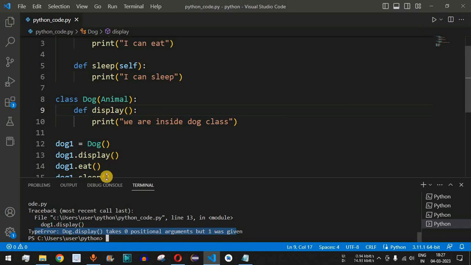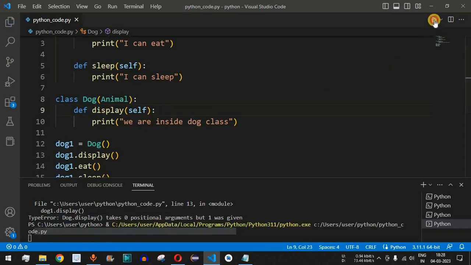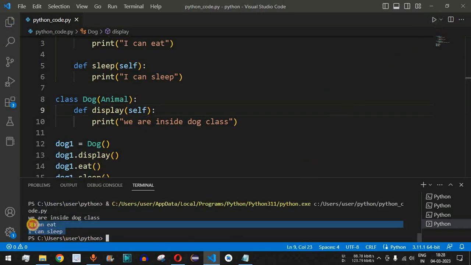So basically behind the scenes this dog1 object is being passed and we need to have a parameter over here while defining the function, and that is the reason why we had given this self parameter name in order to identify that this is the object of this particular class, that is dog. So let me just save this file now and try running this code once again. So as you can see, there are no more errors that are getting displayed and all the 3 statements are